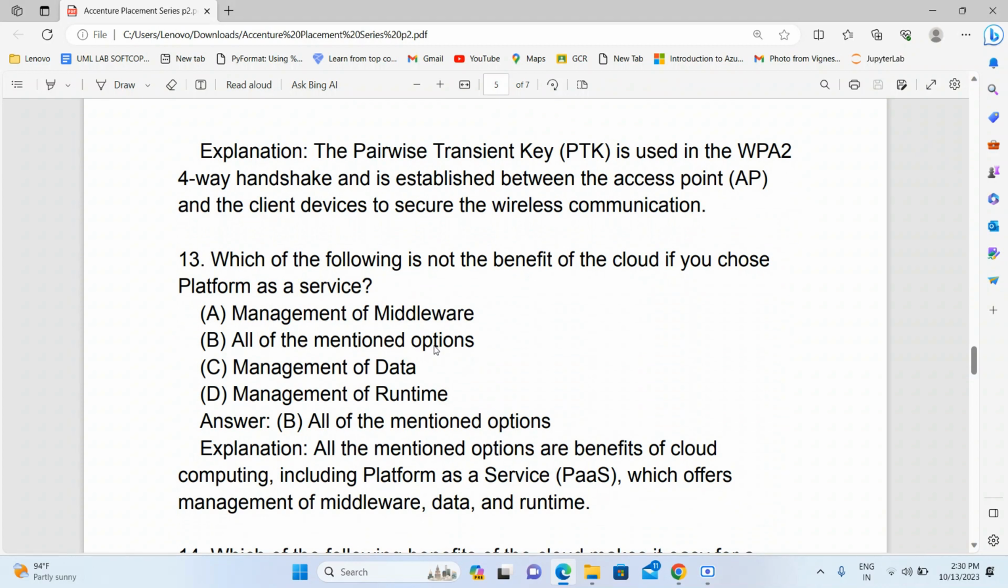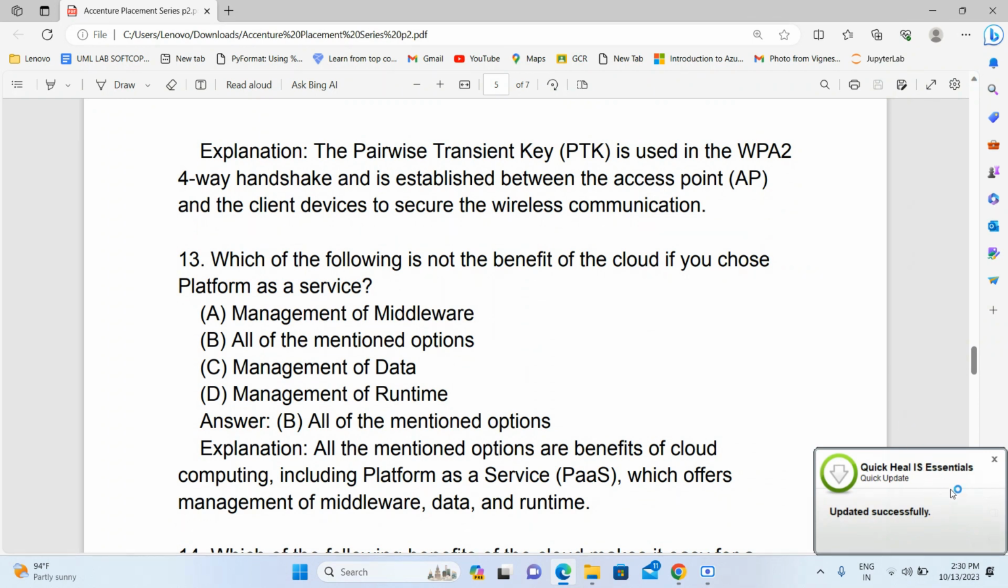Next question. Which of the following is not a benefit of the cloud if you choose platform as a service? Option A, management of middleware. Option B, all of the mentioned options. Option C, management of data. Option D, management of runtime. All the mentioned options are the benefits of cloud computing, including platform as a service, which serves management of